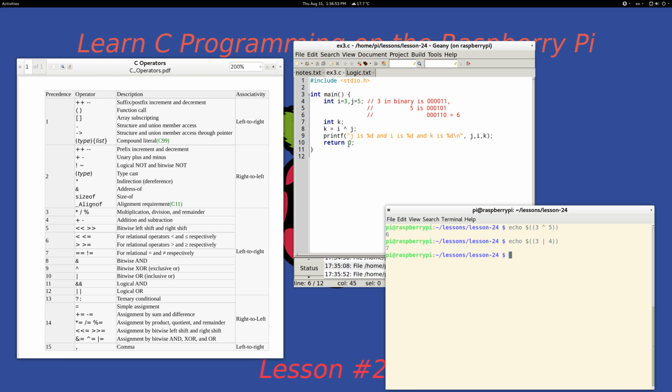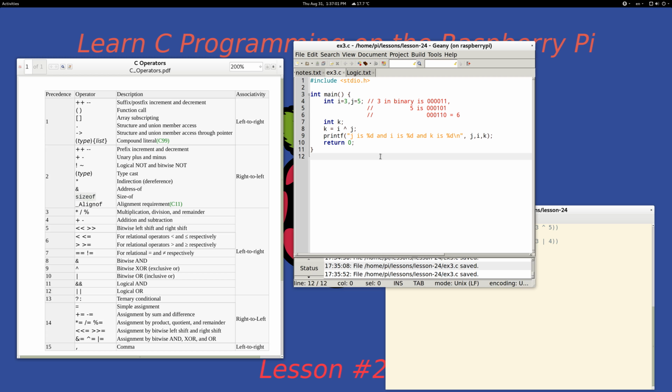Okay, so that's kind of going over some of the little crazy type operators. The other one I just wanted to quickly mention was sizeof. So let's do an example here. And what I'll do is I'll say int,